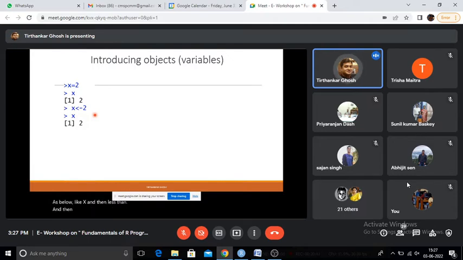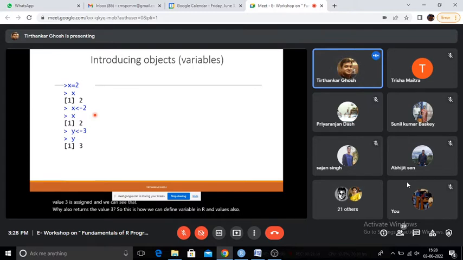This is also an assignment operator, so the value 2 is assigned to the variable x. So these are two ways we can assign values. Similarly, for another variable y where the value 3 is assigned, we can see that y also returns the value 3. So this is how we can define variables and values in R.